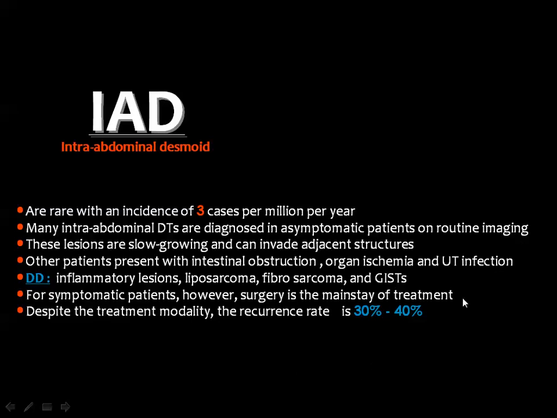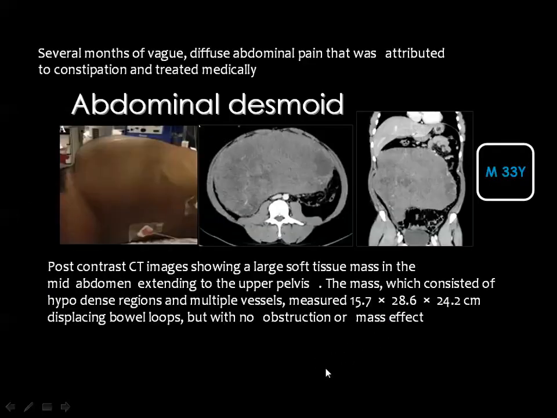Surgery, of course, is the line of choice for treatment of symptomatic patients. Then, as for most of these fibromatosis, the recurrence rate is considered high. And this is a photograph of the abdomen of a male patient, 33 years old, with a CT scan showing a very big mass in the peritoneum with heterogeneous contrast enhancement as well as areas of breakdown inside the